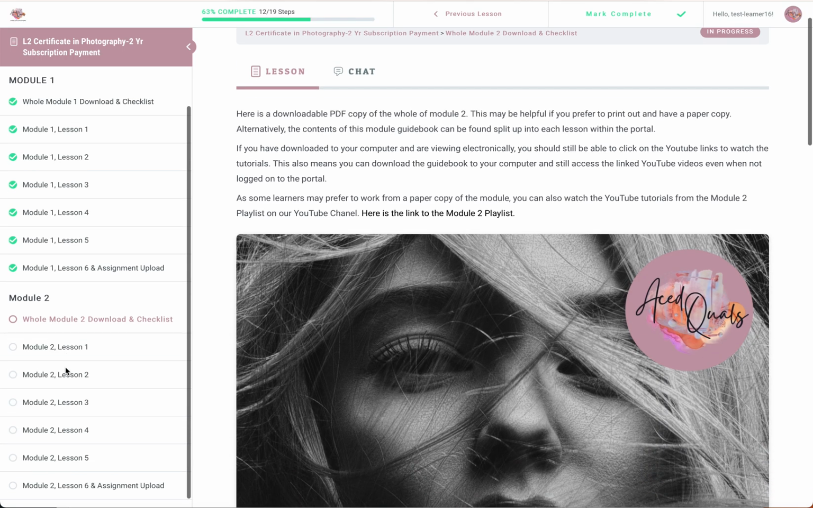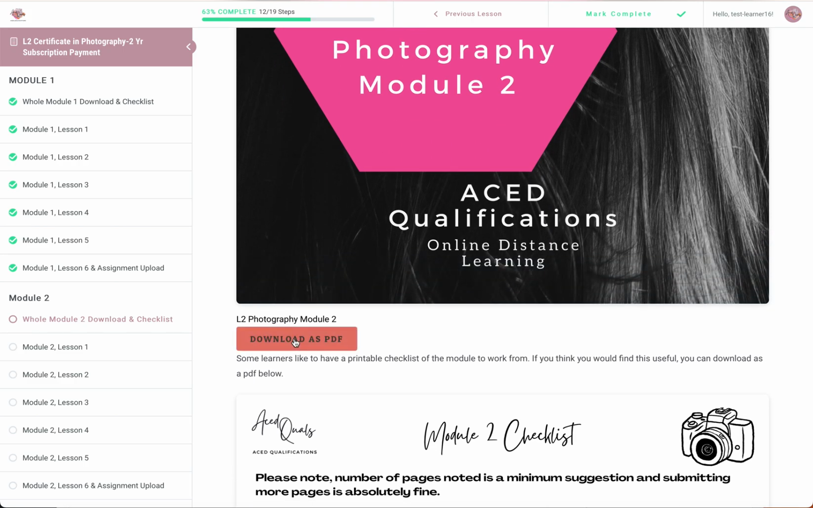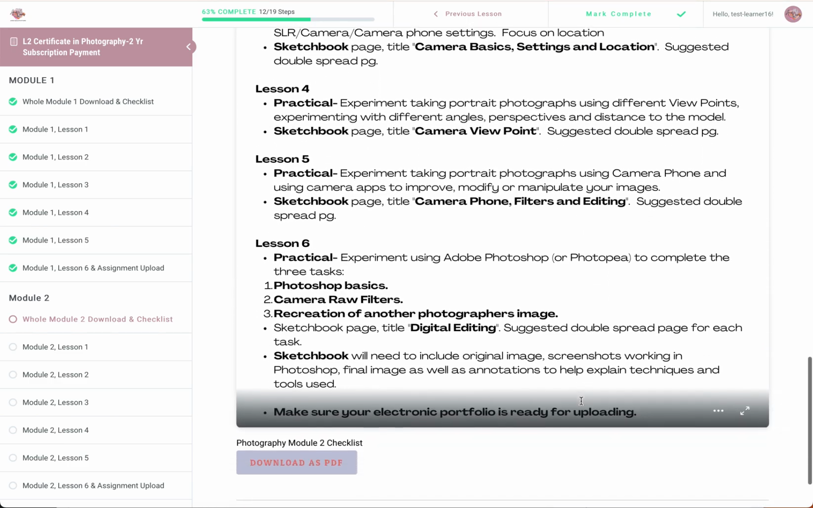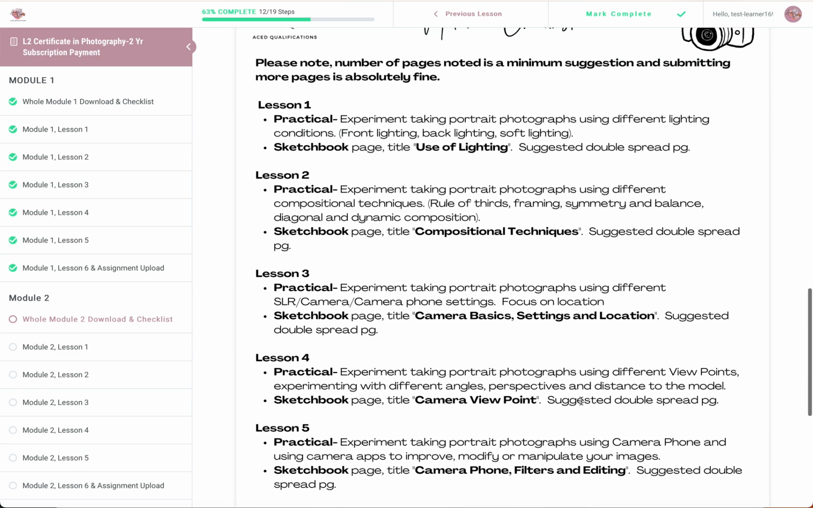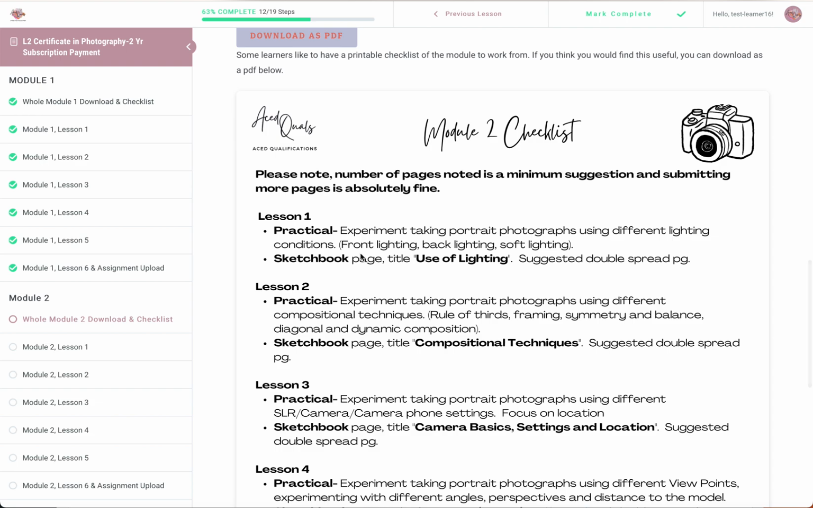So now we're on to module 2. Here's the whole download for the whole module. There's a little checklist here that you might find handy to print off and then tick as you go through and make sure that you're covering everything. This is basically a simplified outline of the outcomes, your tasks,